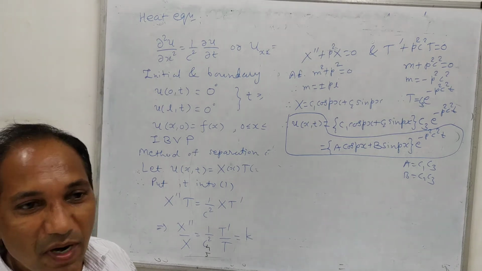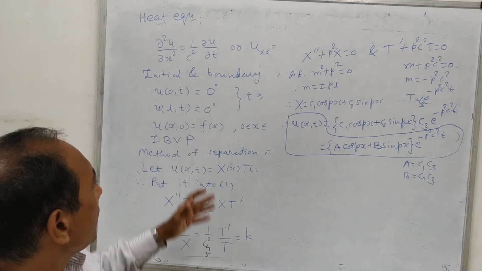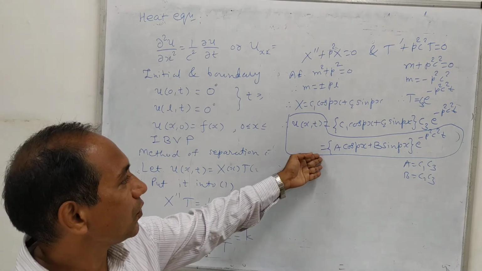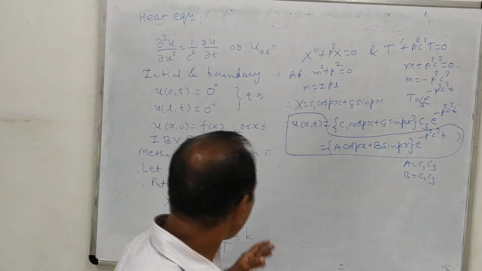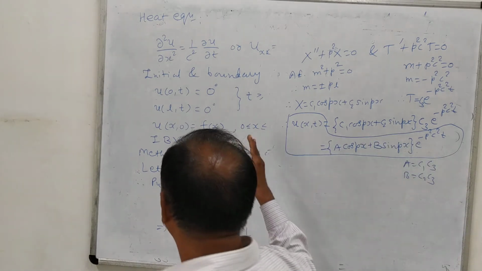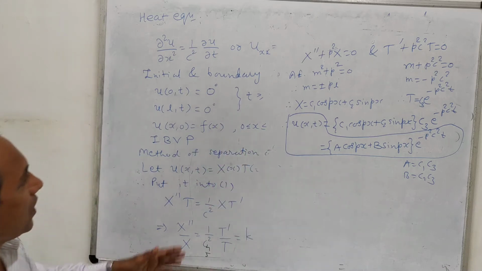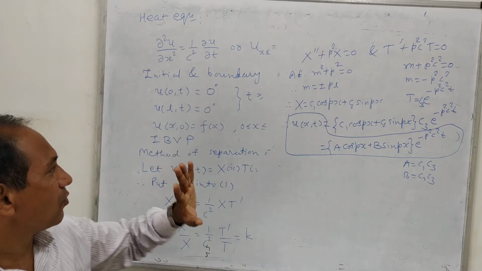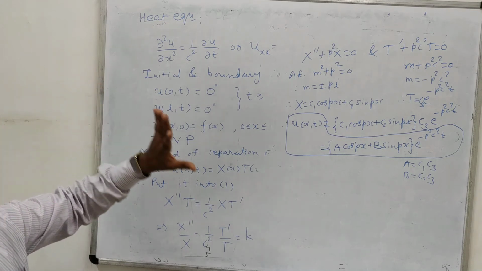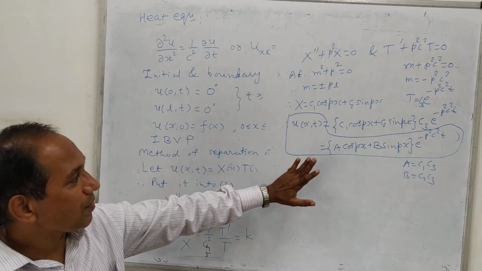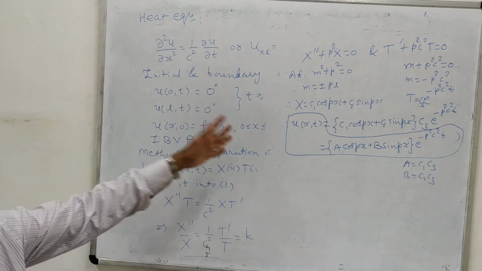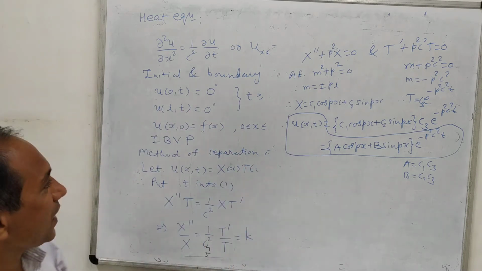Otherwise, if you don't remember, then don't worry, you follow these steps one by one. You will reach this solution ultimately. But to avoid lengthy writing and to save time, if you remember this solution, then it will be very good. Now we want to apply the conditions one by one. So as I told you, remember this solution, because this is the solution before applying the conditions. So if the conditions are different, then we can have the same solution up to this step.